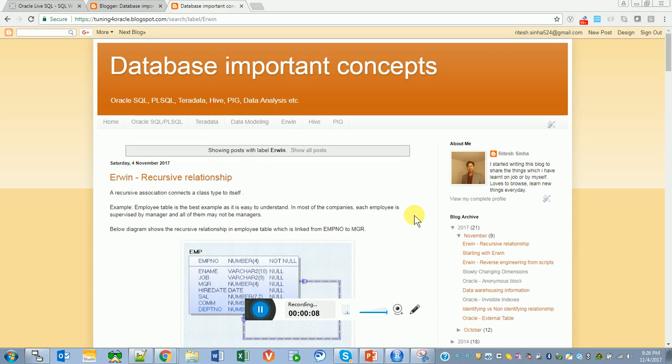So basically, what is a recursive relationship? Ideally, as the name says, a recursive relationship is nothing but where a class or entity connects to itself. That's why we call it recursive. But what is the need for having a recursive relationship? If we just try to take an example